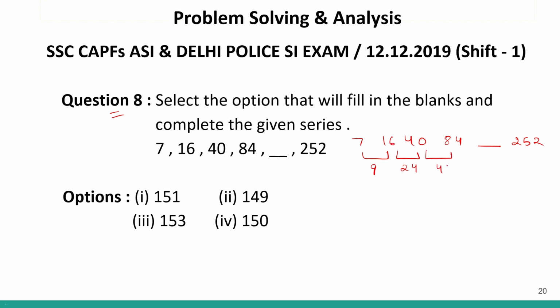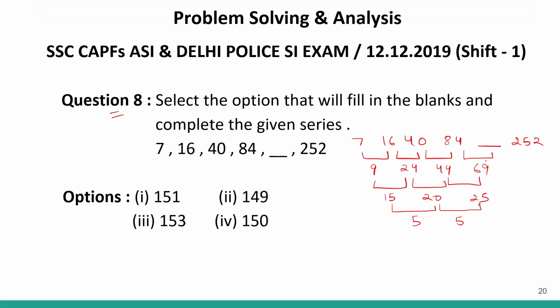and this is 44. Now difference between these two is how much? This is 15 and this is 20. And difference between 15 and 20 is 5. So we have broken it down to the least number. This we have already discussed. So now I'll add 5. So 20 plus 5 will give me 25. So 44 plus 25. This will give me how much? 44 plus 25. This will give me 69.